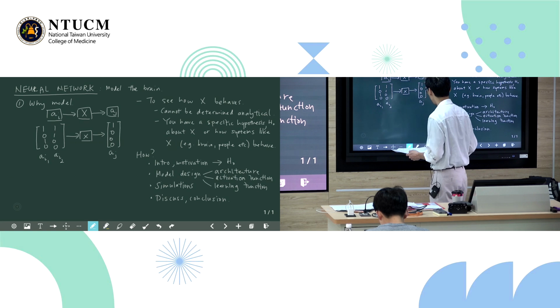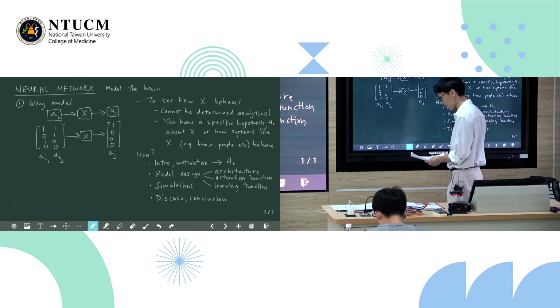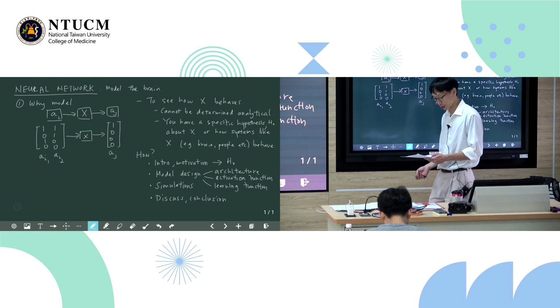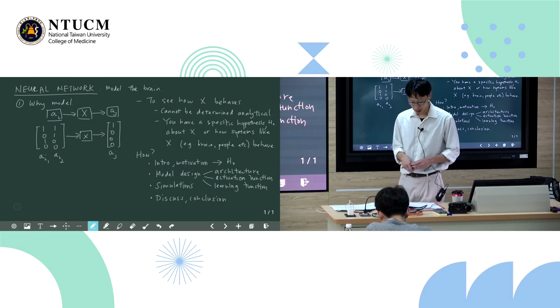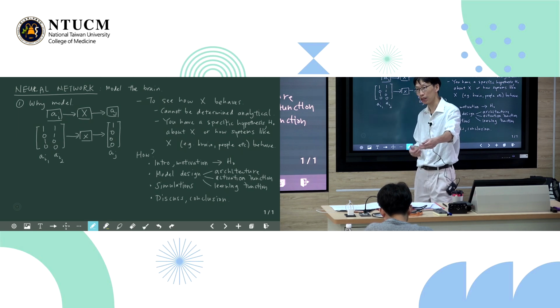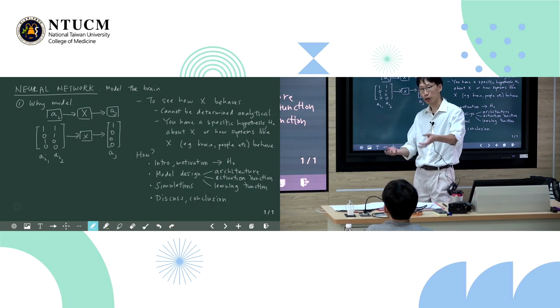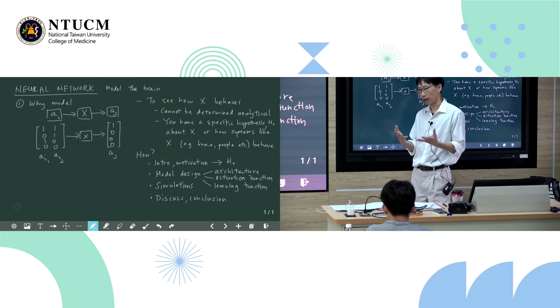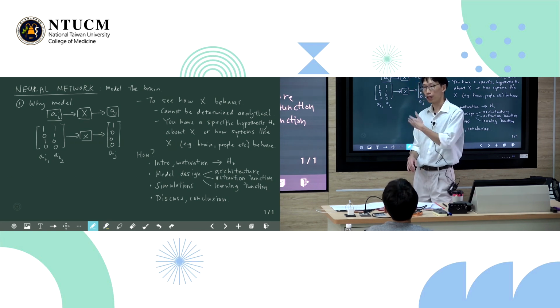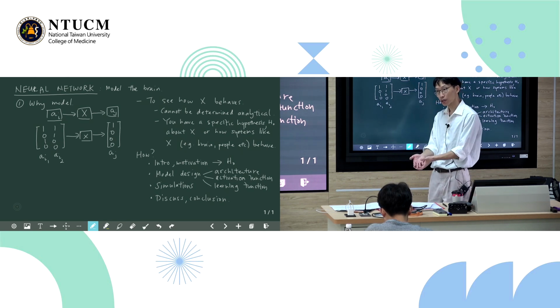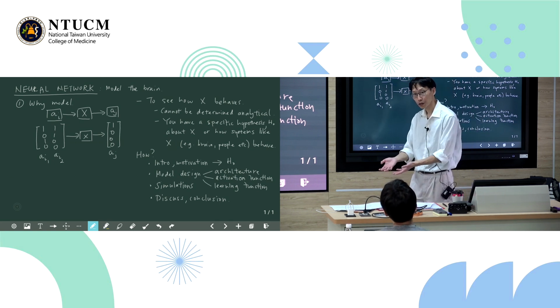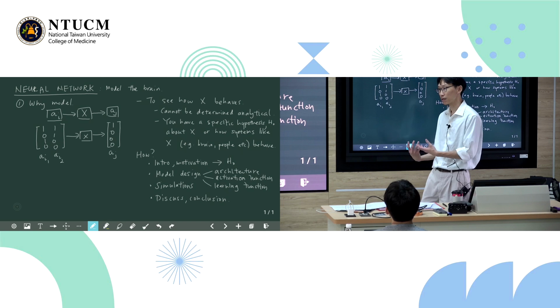So in implementing these steps, we will be basically doing a neural network model from the beginning to the end, in the sense that if you were to write a modeling paper, purely modeling, just theoretical, in general, and if you read the papers, you will see that this is what they do. They introduce some sort of a motivation, a theoretical one, okay? Then they describe the model, they design it, they run a simulation, and then they conclude or discuss the results.